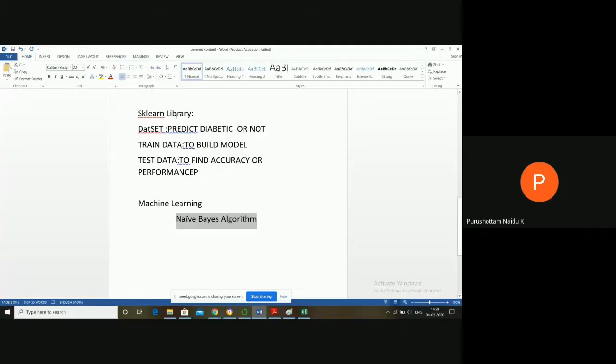About the sklearn library. In this we are using a dataset called the diabetic dataset. The main intention is to predict whether a particular patient is a diabetic patient or not. Before predicting, before using the sklearn library,